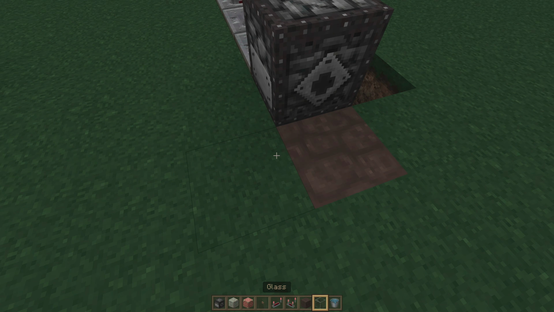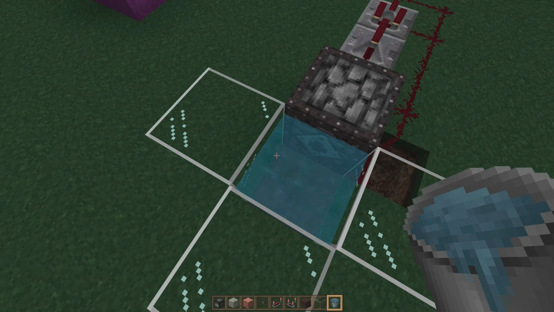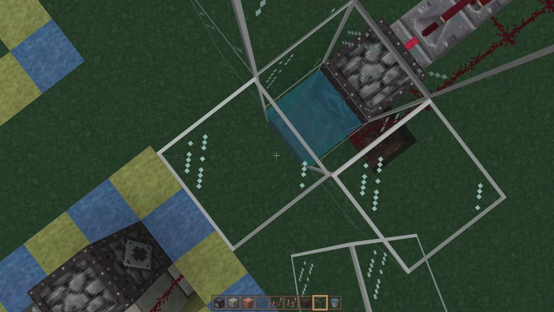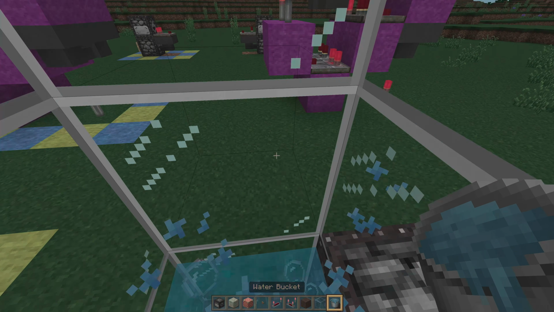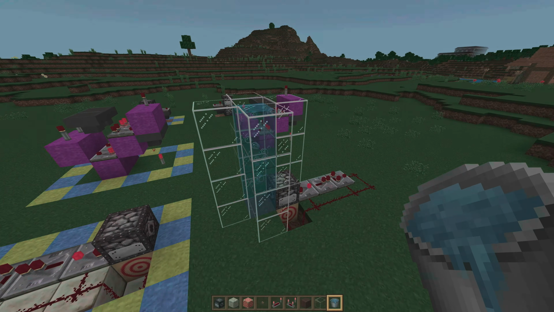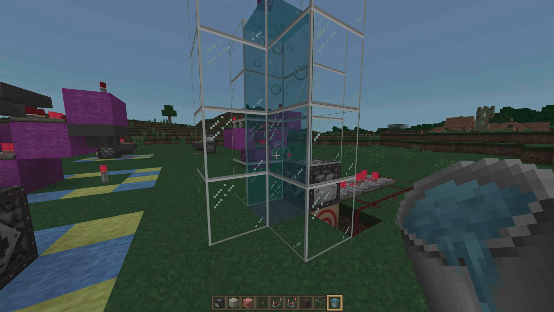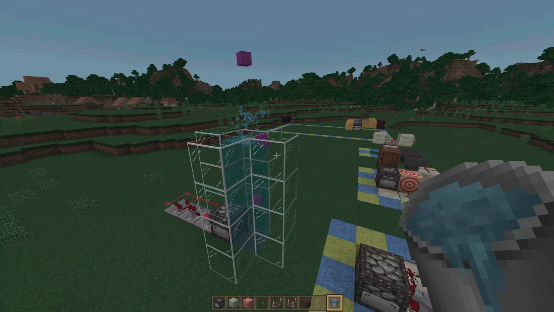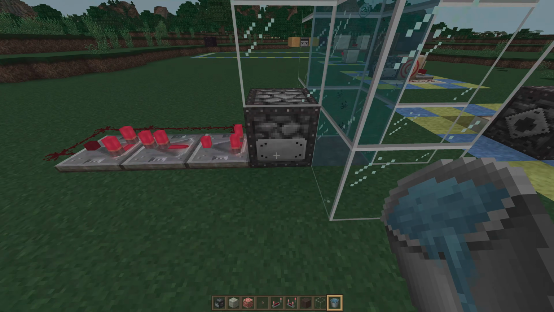You place soul sand right down here, then just encapsulate this entire section as so, place some water, then build this tower on up. You will have a very simple item bubble elevator that you can use to transport these items just about anywhere in your world. And depending upon the height of your bubble elevator, you can either put water in row by row as I have done here, or use kelp to break those items and get them flowing again. But regardless of how you get that bubble elevator going, all you'll need to do is place your items in and you have an easy way to redirect these items and send them either up or out in a different direction.